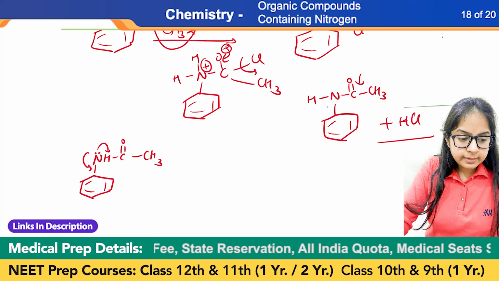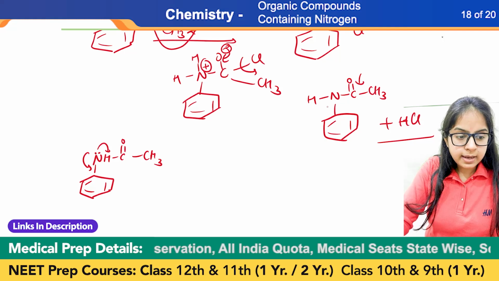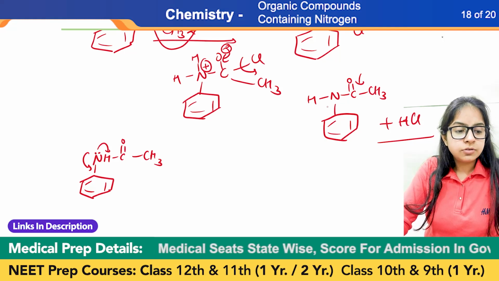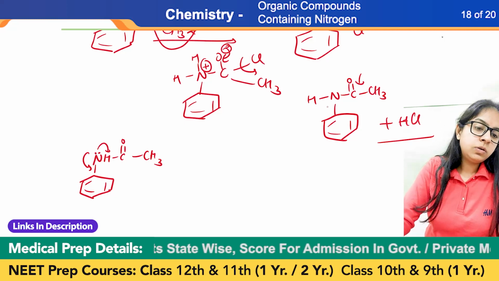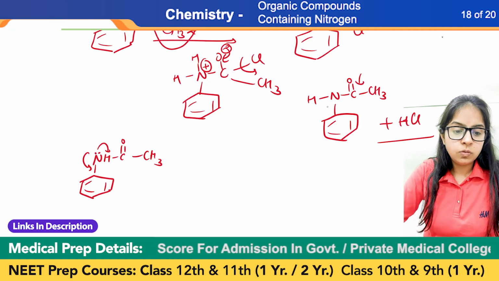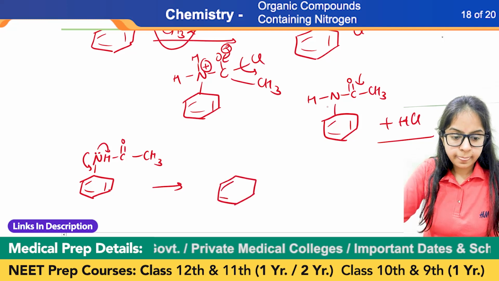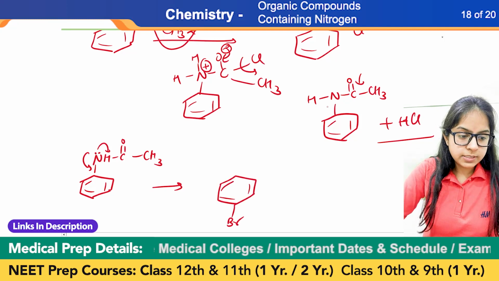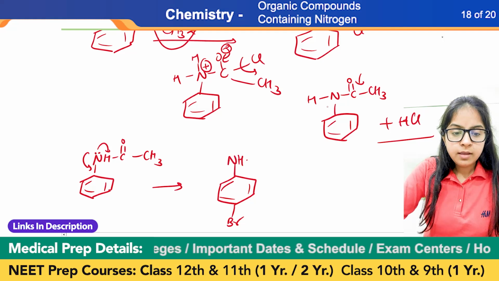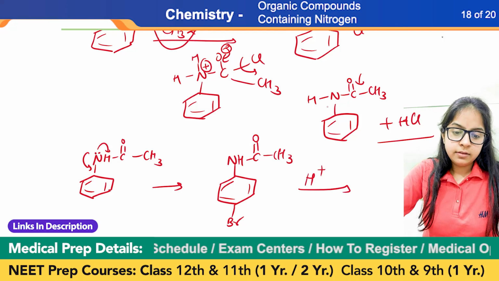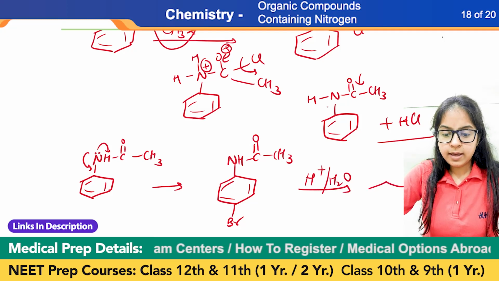Electron can get delocalized on this ring and also on this one. So the negative charge on this ortho and para position is not that much. That's why you will get only one product, that will be the para product, as the major one because of the steric hindrance. And after that acidic hydrolysis, you will get the derivative of aromatic amine,